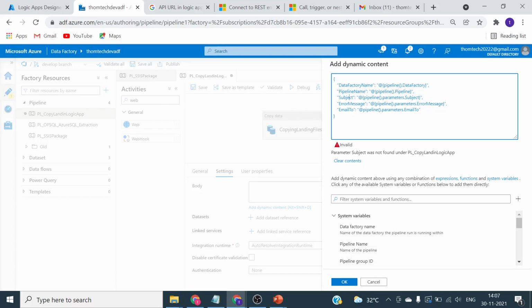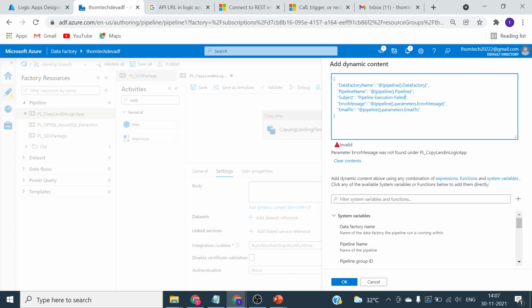Okay, but this time I will just hard code it as this one. Let me give it a name like pipeline execution failed.